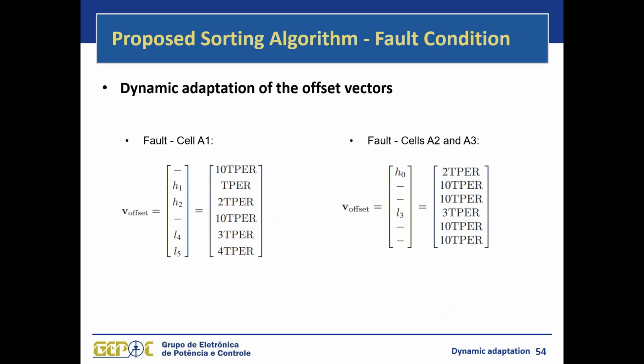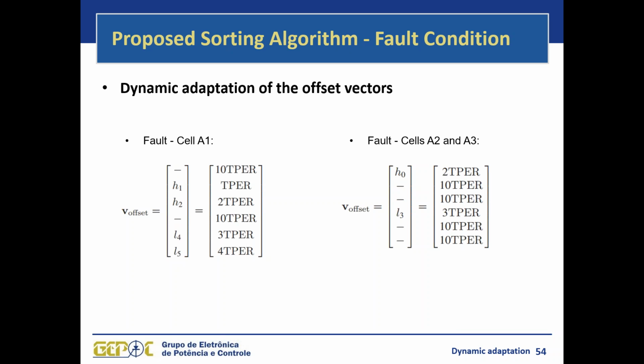And now we are going to move on to the dynamic adaptation of the offset vectors when we have fault conditions on the power cells. What happens here in the operation of the converter with faulty cells is that we must bypass the faulty cells and reconfigure the modulation in order for the converter